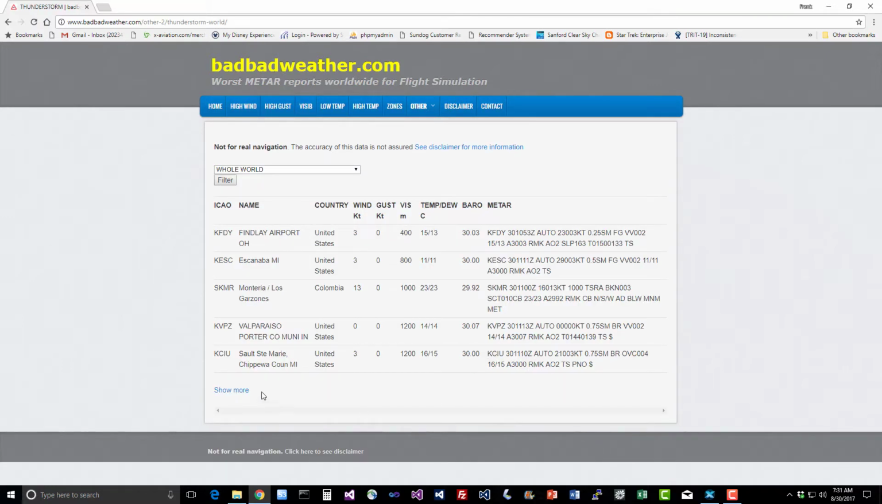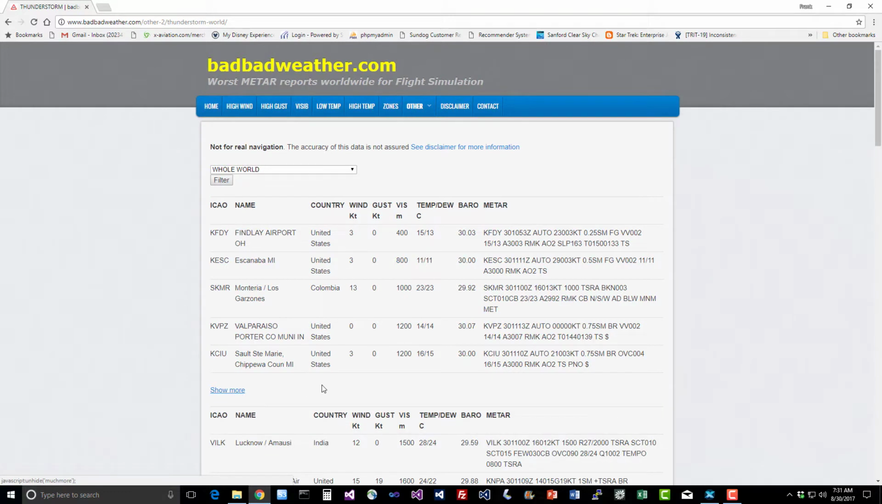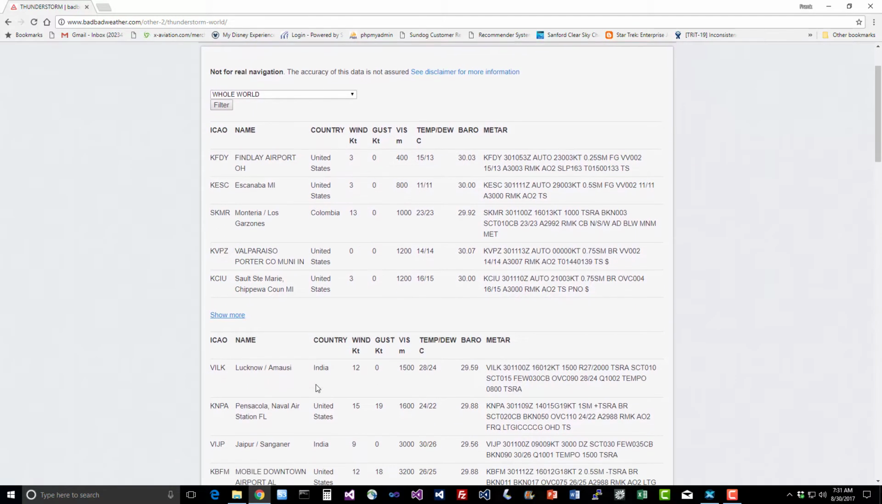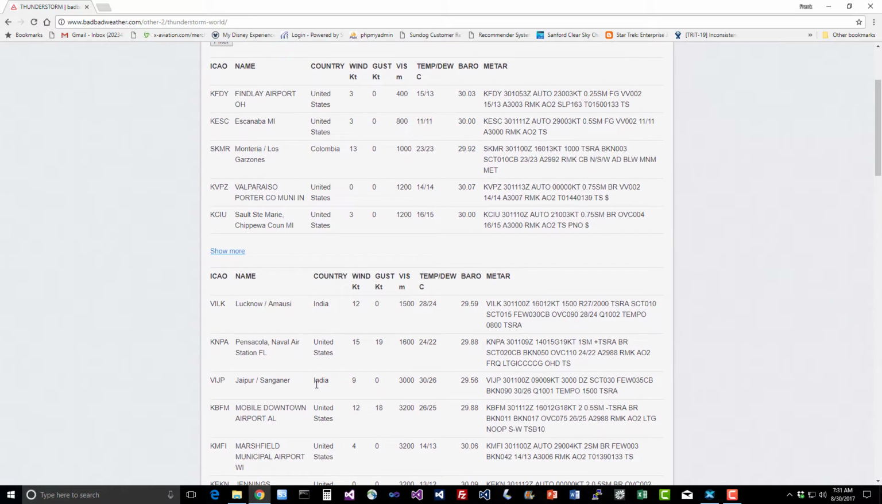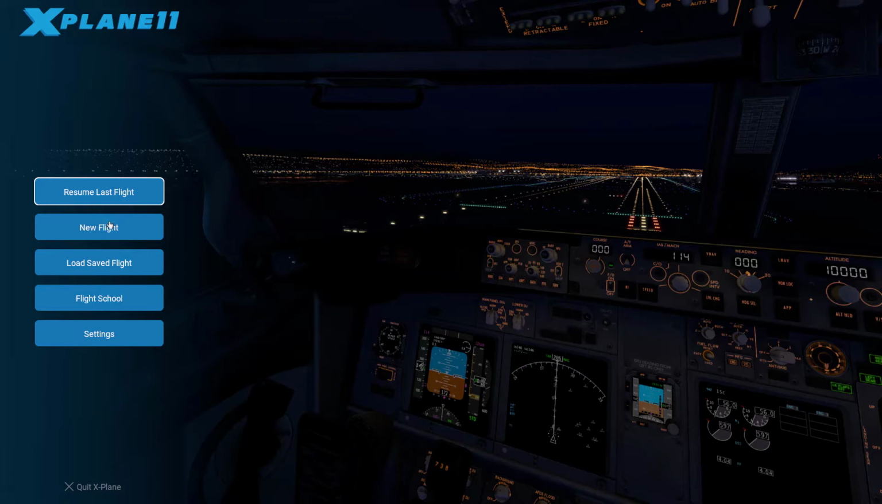And we can see here some airports where it believes thunderstorms exist. You want to look for TSRA, ideally, in the actual METAR report there. That indicates thunderstorms with rain. So that's most likely going to translate to actual thunderstorms in the sim. So take a note of one of those stations, and let's head over to X-Plane here and set up a